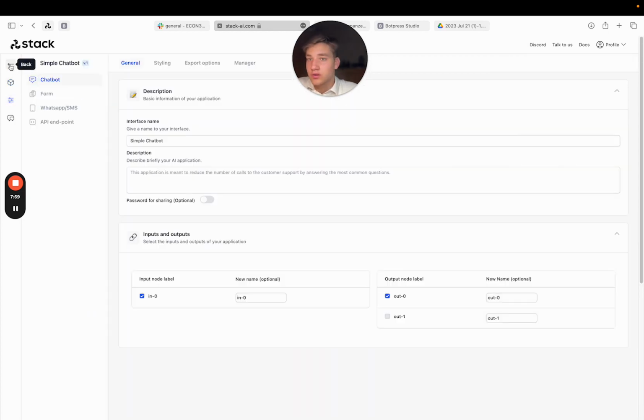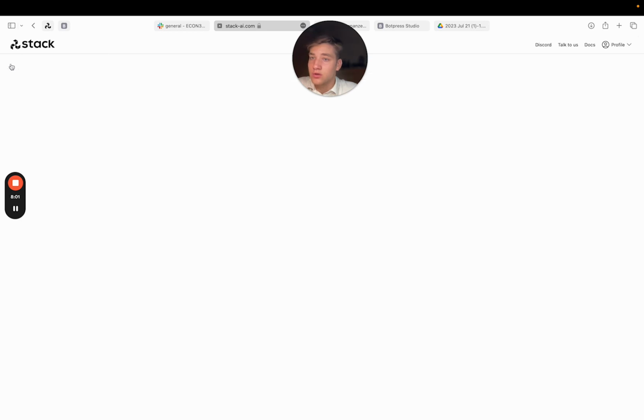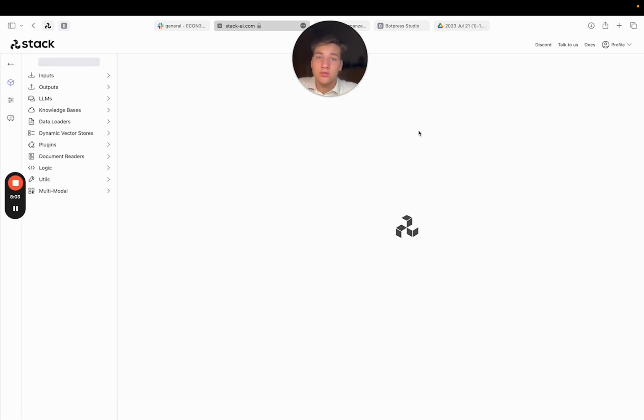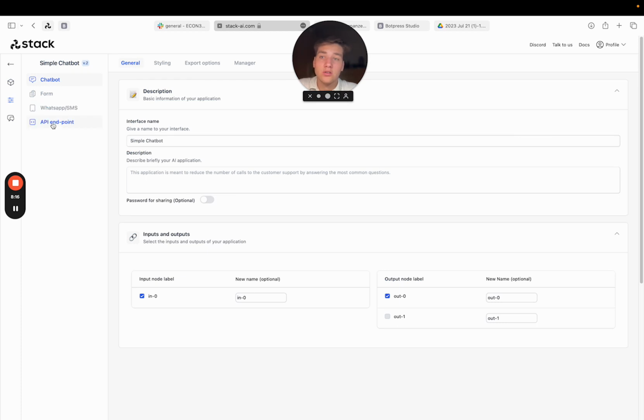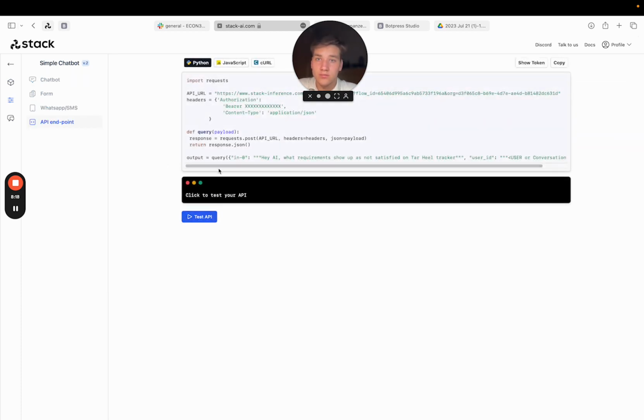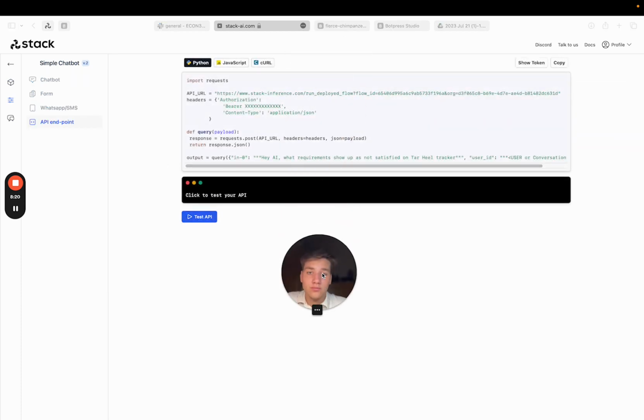Oh, I actually forgot to do something very, very important. We need to publish our chatbot. I was supposed to do that when I got the proof of concept, but I forgot. And it tells you that now you can use the API. We're going to export, click API endpoint, and now we're here. We can select this link, and we want to use Python. Select this link,